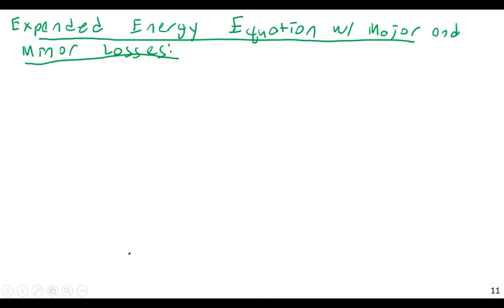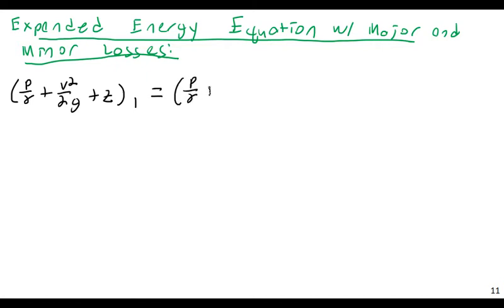Now we could also have a term for pumps or for generators or turbines in here, but I'll leave that out for now. And so P over gamma plus V squared divided by 2g plus Z for point 1 is going to be equal to P over gamma plus V squared over 2g plus Z for point 2